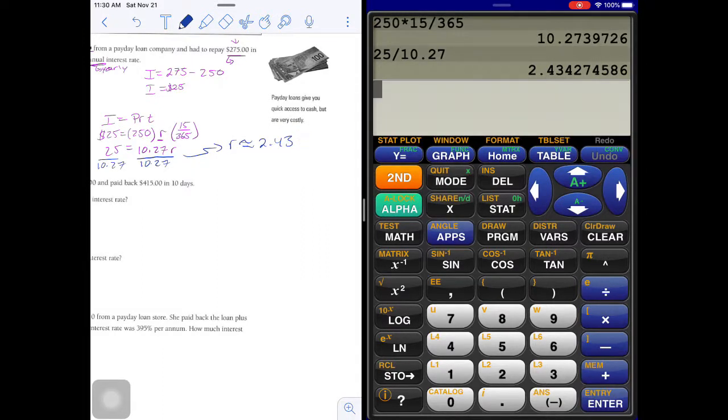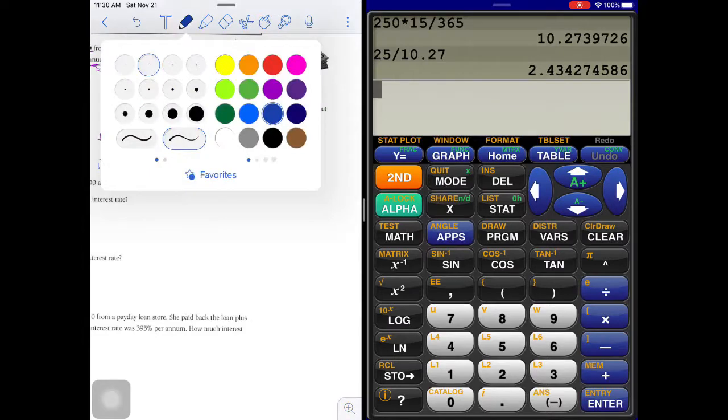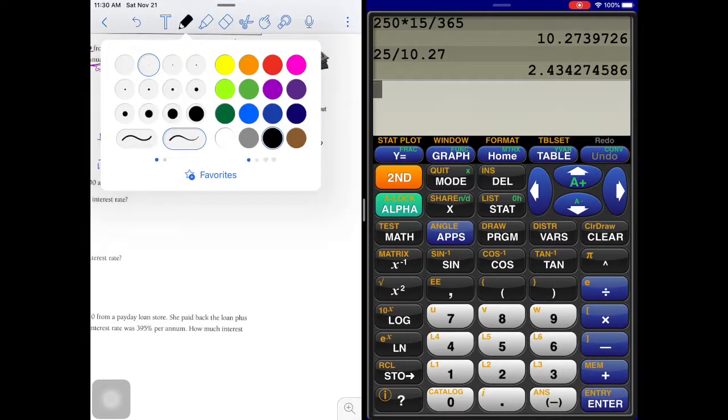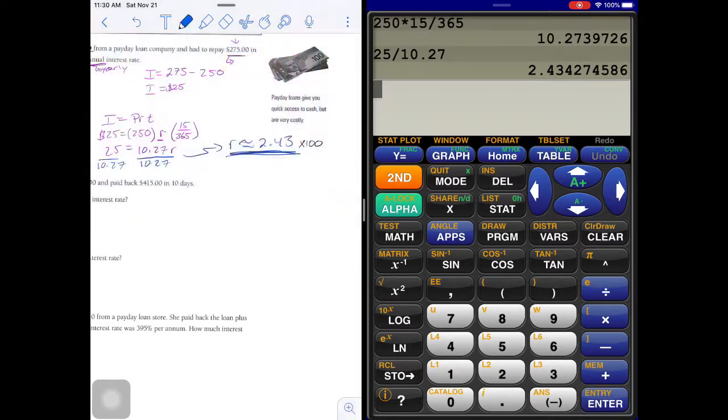Remember, R is in a decimal, so we want that in a percent. What we're going to do is times that by 100. Remember, R is always in a decimal when you deal with this. So R is going to be 2.43 times 100,